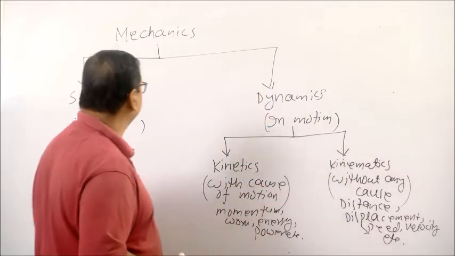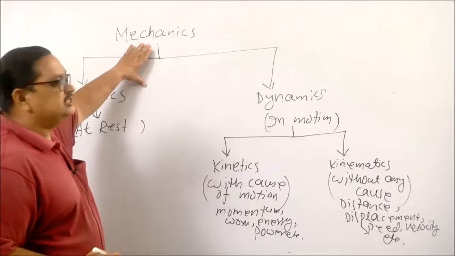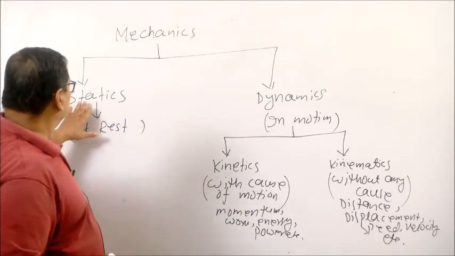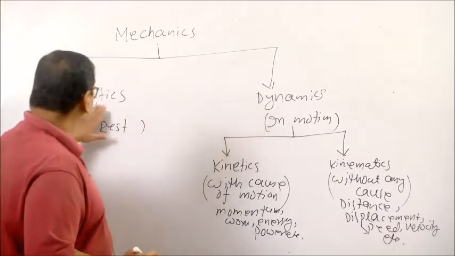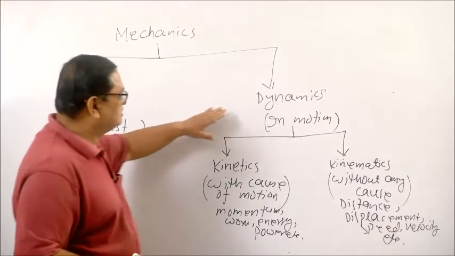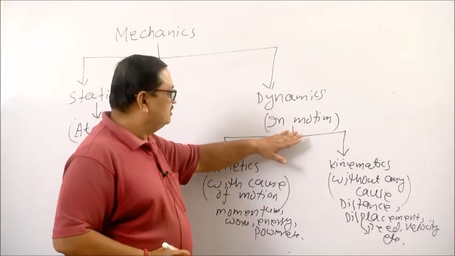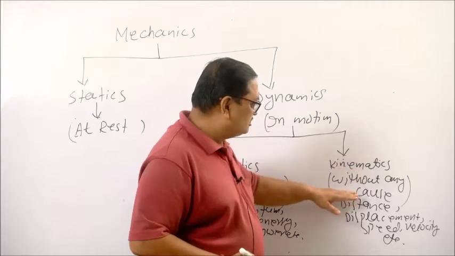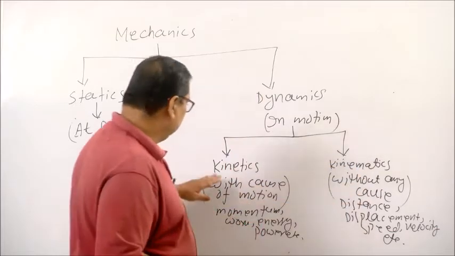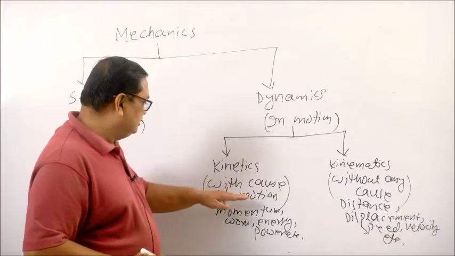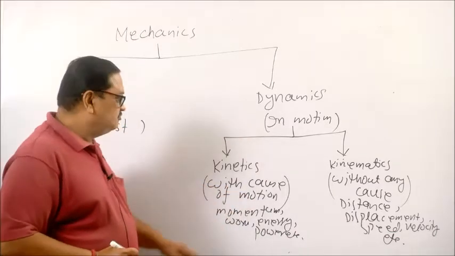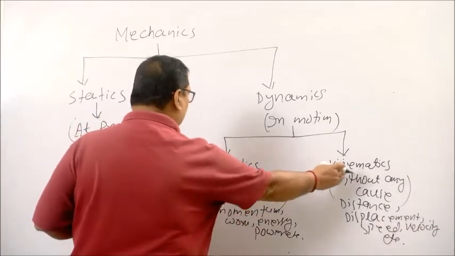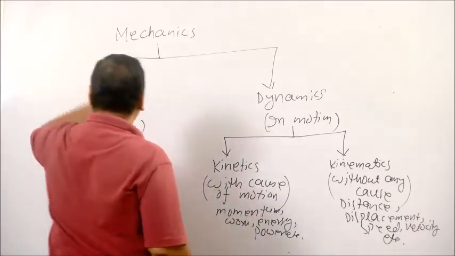deals with kinematics. So, mechanics is branch of physics which deals with study of a body at rest or in motion, and it is divided into two categories, statics and dynamics. Statics deals with a body at rest, dynamics deals with study of a body in motion. Again, dynamics divided into two parts, kinetics and kinematics. Kinematics deals with study of a body in motion without any cause, but kinetics deals with study of a body with cause, that is force related. Okay? So, now we will go to the chapter kinematics.